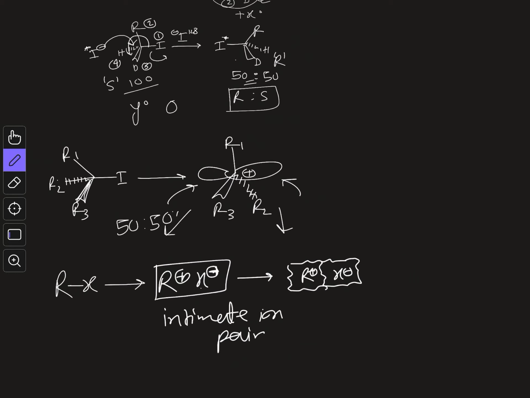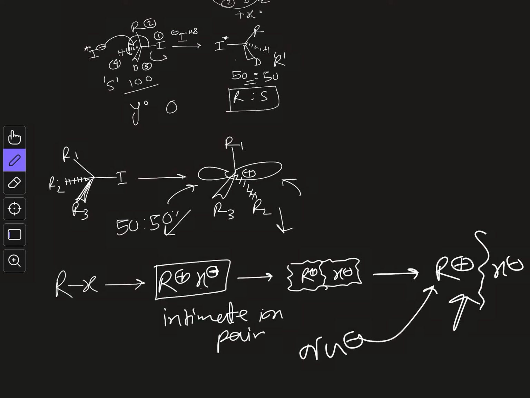And finally it goes like R plus X minus, and they are fully separated, they are dissociated. This is called dissociated ion pair. Now nucleophile, whatever present in your reaction medium, it can attack in each of these stages. So if your nucleophile attacks on this dissociated ion pair, then you will get complete 50-50 mixture of the two. But if your nucleophile attacks on this intimate ion pair, it can attack only from the back side, because on one side you have this X minus, and from that side the nucleophile cannot come. So in this case you will get the inversion,